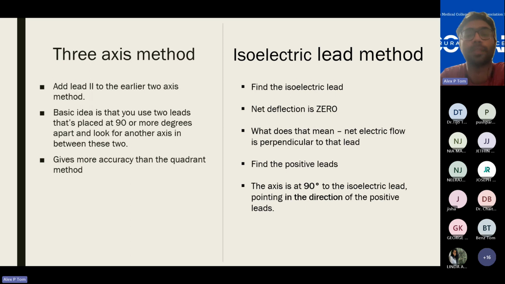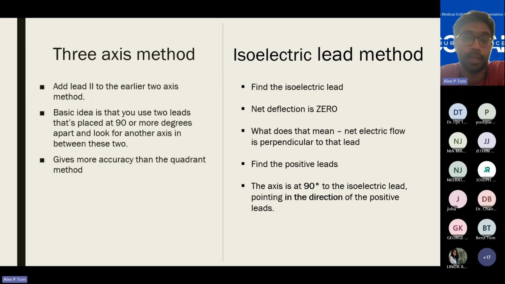And then there is a 3-axis method. Here, all you do is add an extra lead to the first 2 leads that you used. So you use lead 1 and AVF, one at 0 degrees and one at 90 degrees. And then for getting more accuracy, you add an extra lead to this and interpret. When you add an extra lead, ideally it should be one placed 90 degrees apart from the others, and then you plot it out, and you will get a better idea of where the electric current is going,